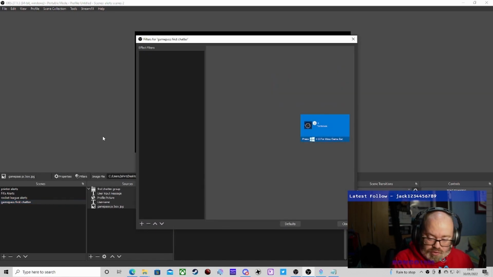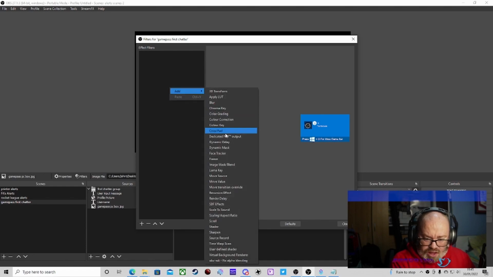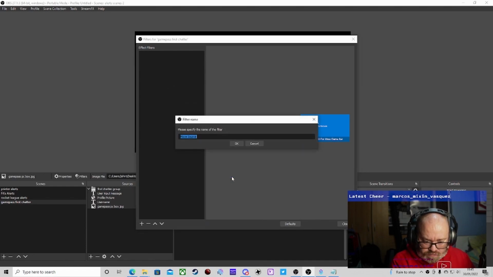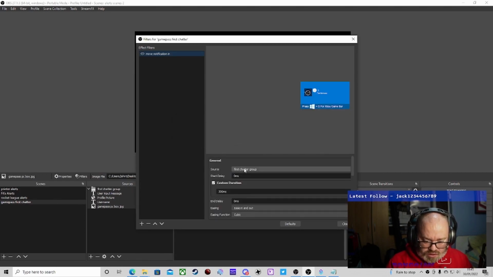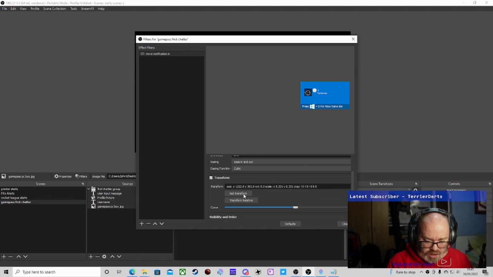So right click, press filters, and we're going to do a move source. We're going to put move notification in and press OK. First chatter group, because we're going to do it on the group. We're going to do this for about 1,000 milliseconds, so obviously 1 second, and we're just going to get transformed,